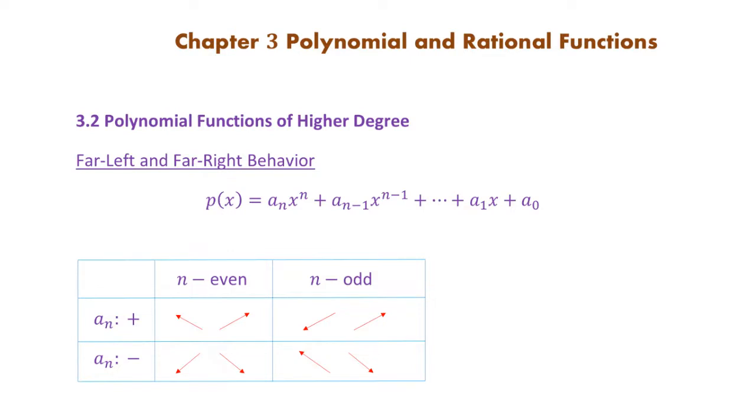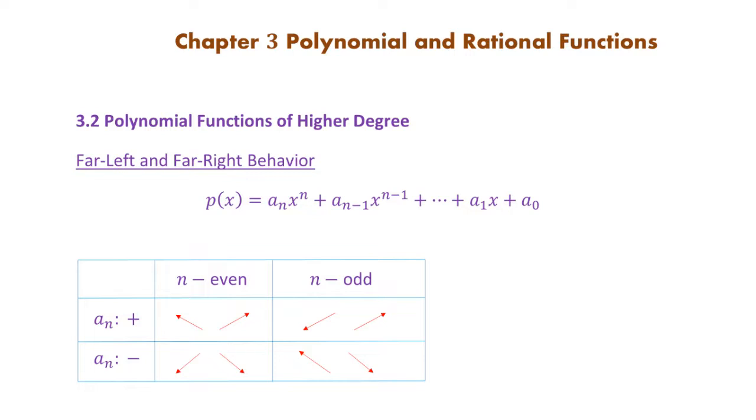On each side, either forward left or forward right, the curve can go up or go down. It cannot be flattened because it is polynomial. So it either goes up or goes down on the left and on the right. And then you have 4 combinations for those behaviors on the left and right. And the first